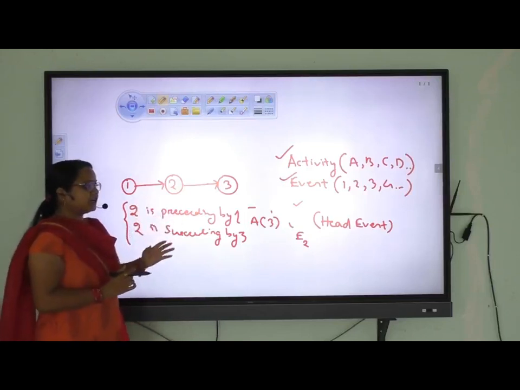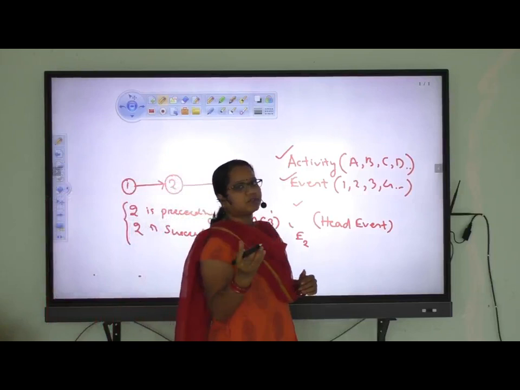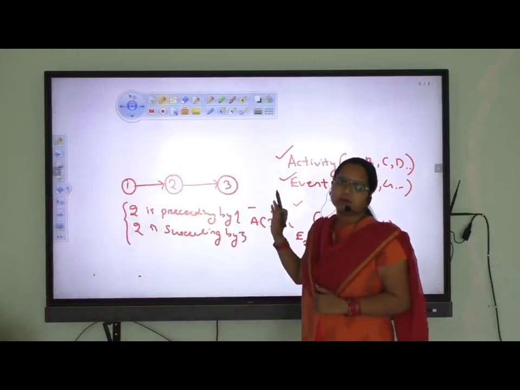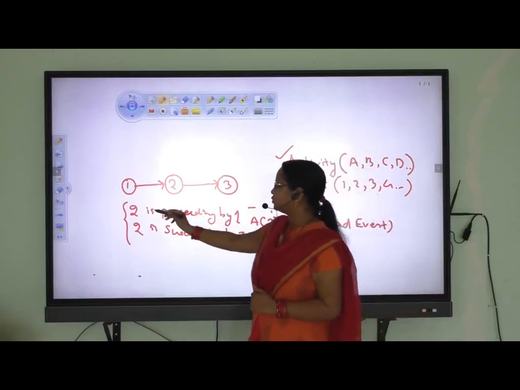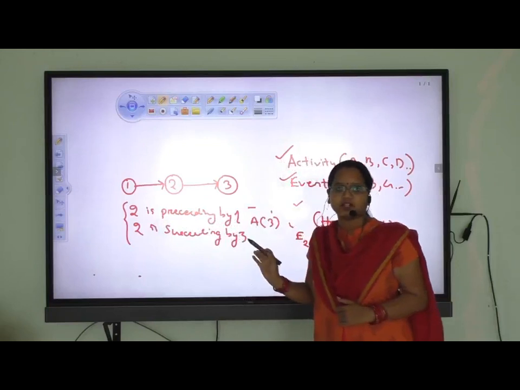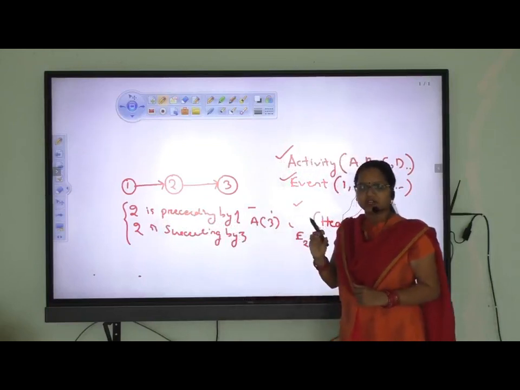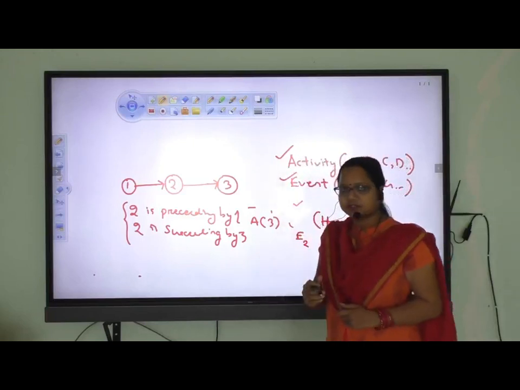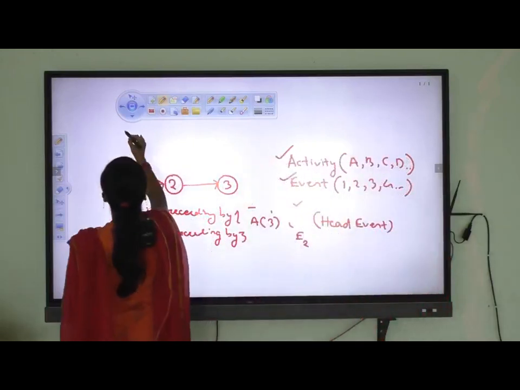The preceding event means that it is before completion of that event. Succeeding means after completion of the event. There are two terms, one is preceding event, another is succeeding event, or you may say preceding activity or succeeding activity. Then there are other new terms, that is